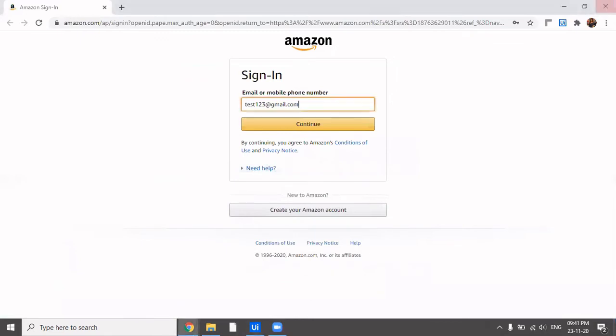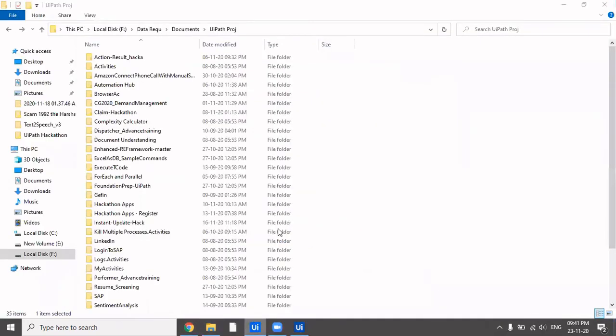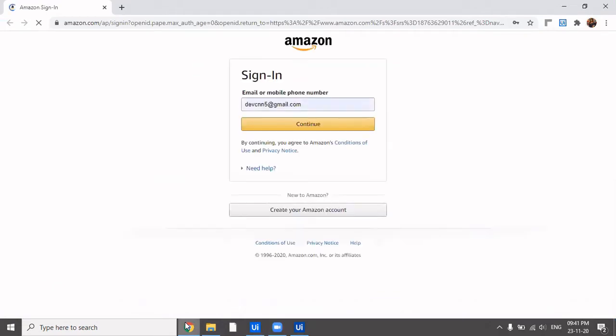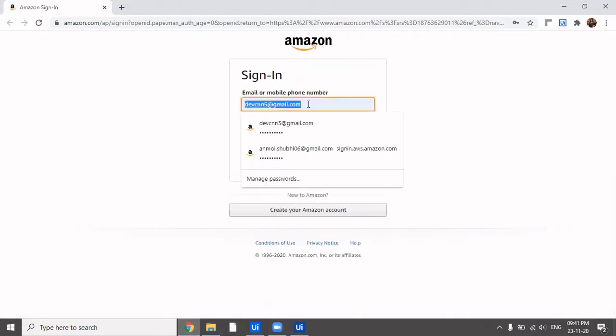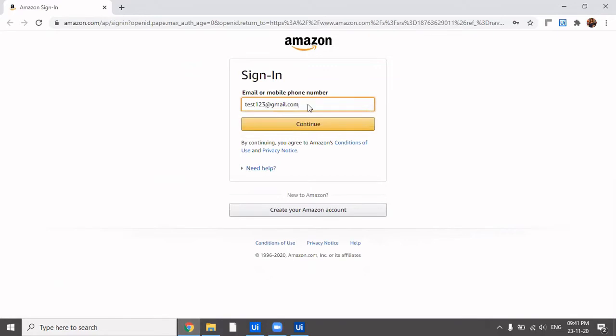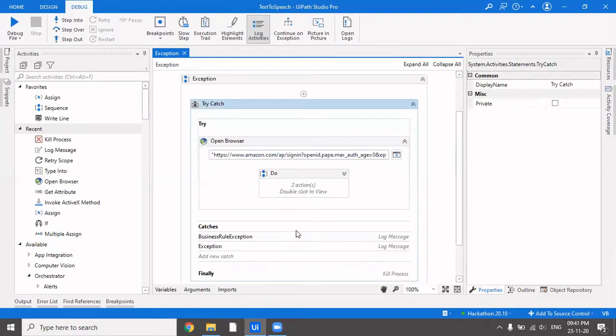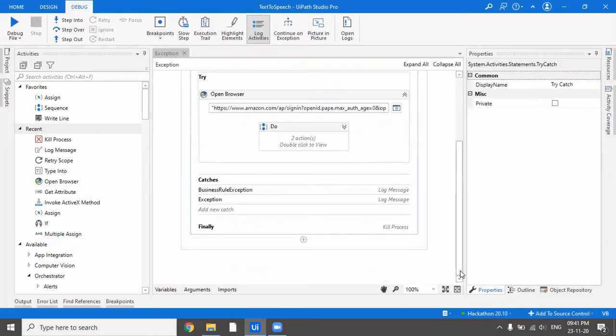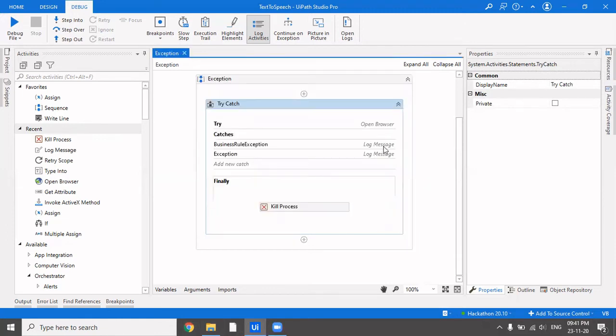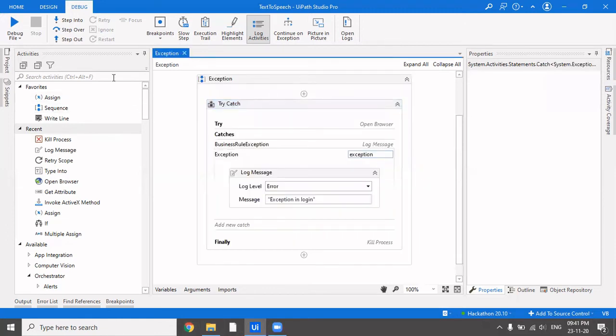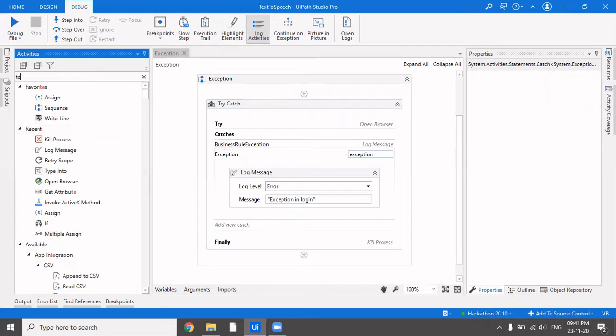Let us just see how this is actually working, and after that we'll see how terminate workflow brings in the change. So yeah, we've got an error. There wasn't any abrupt end because of the exception handling we have in place, and obviously our Chrome is killed because the finally block was also executed.